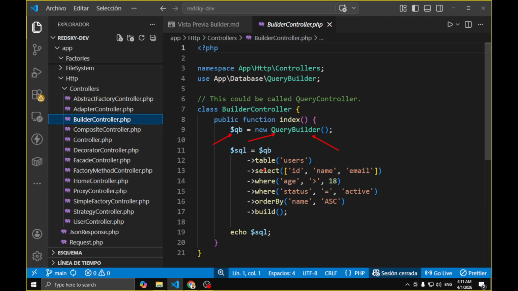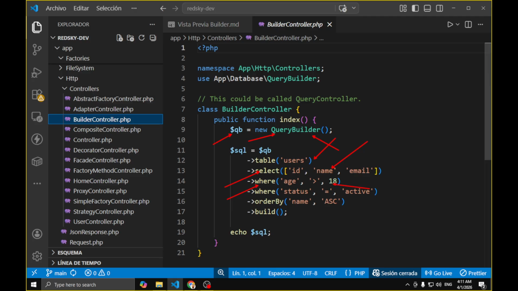And with this object you can add the table name, which is users, and then you can build something else using another method, and then you pass the ID, name, and email. These are going to be the columns of your query,